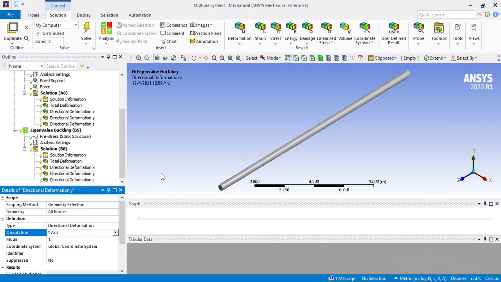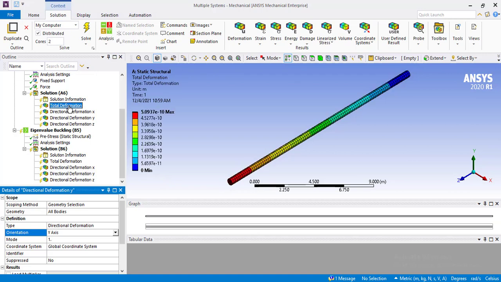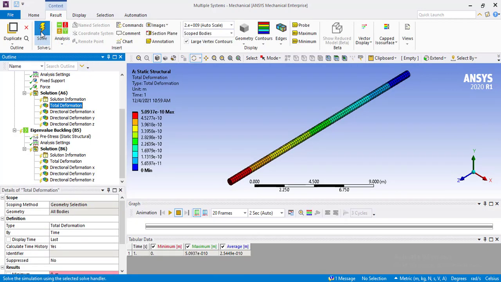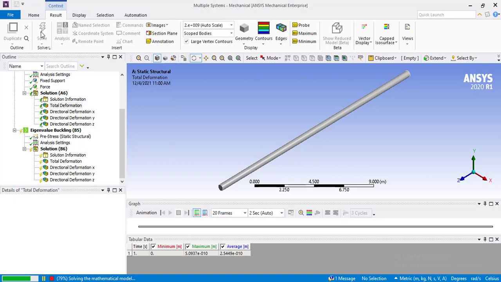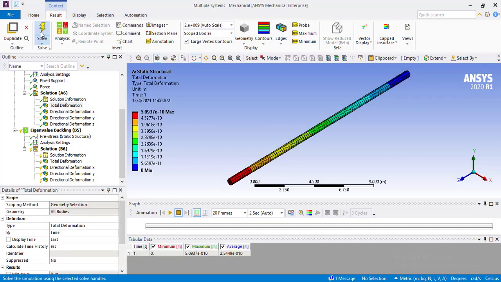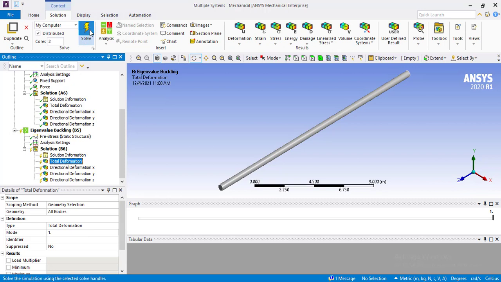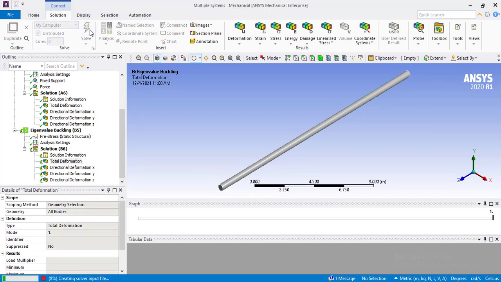After adding these, we will first solve the static structural analysis system. It is evaluating the results. Now we will solve the buckling analysis system by clicking the solve command.